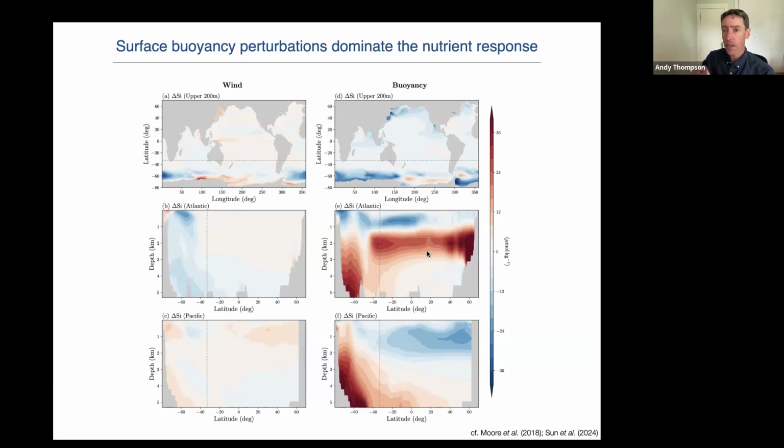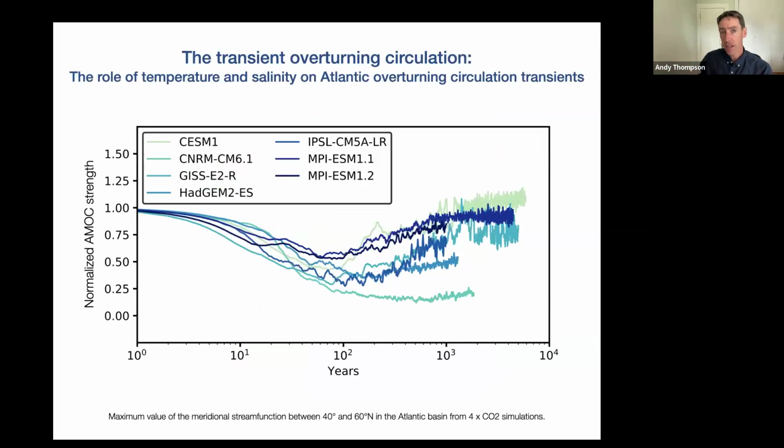So I've talked so far mostly about the global overturning circulation. I want to shift my focus now a little bit more to the Atlantic Basin. And this has been an important topic because the community as a whole understands that in a warming scenario, we expect the AMOC to weaken. And there's a big question about whether that weakening will be a relatively small perturbation to present strengths, or whether this will be a much more dramatic collapse. And so we're going to probe this over a range of different timescales using a really unique set of climate experiments called the LongRunMIP experiments.